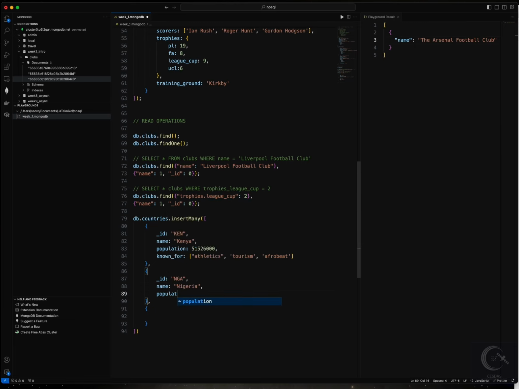Population: I think it's the most populated African country at around 230,842,743. These ones I'm getting from Wikipedia. And then Nigeria is known for,